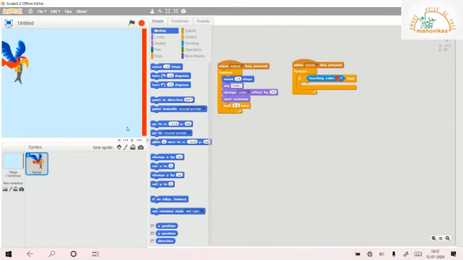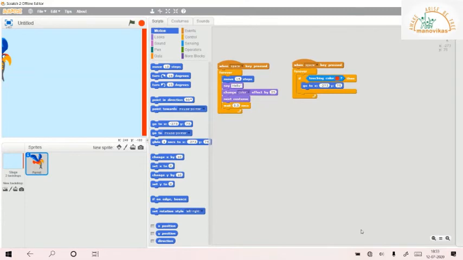If you look at this corner here, it shows you the position of X and Y. So from here you can make out exactly where your sprite is, and accordingly you can give the position for your X and Y. This is the position I want, and the same position I'm going to put in here.